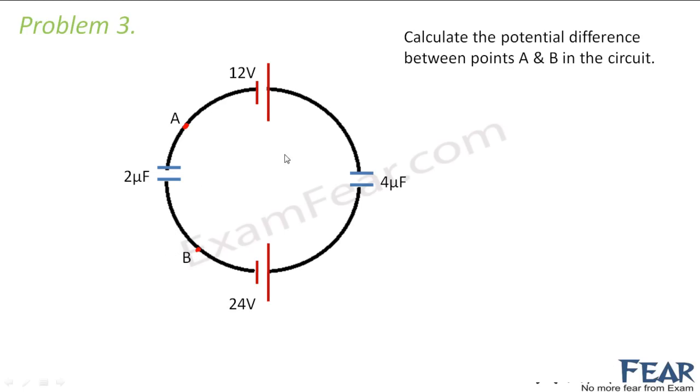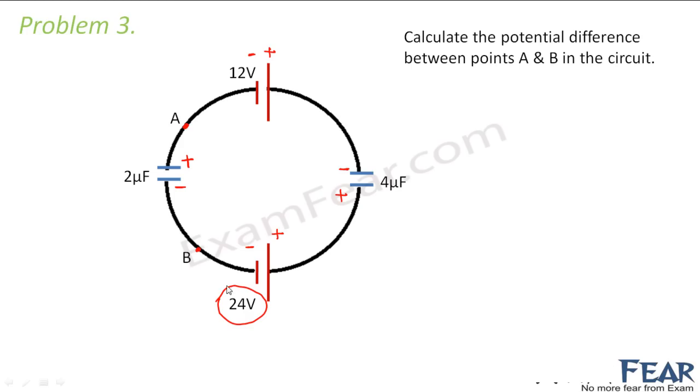Here also you have two battery sources. There is no need to assume here because the values are given and it is clear that this battery has a higher value, so this will dominate. This is positive, this is negative. If this is positive, this will make this positive. This is negative, this will make this negative. So it is very easy to put the signs now. One job is done. And anyway, this is a battery, so this has to be negative, this has to be positive, and this has to be negative.